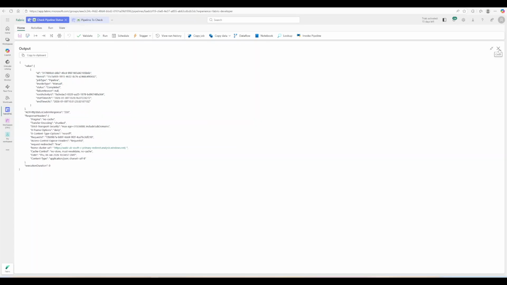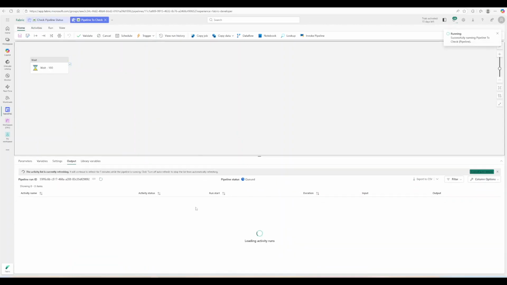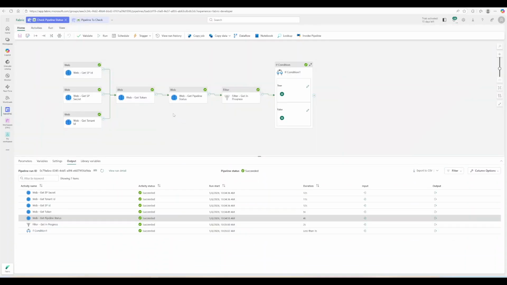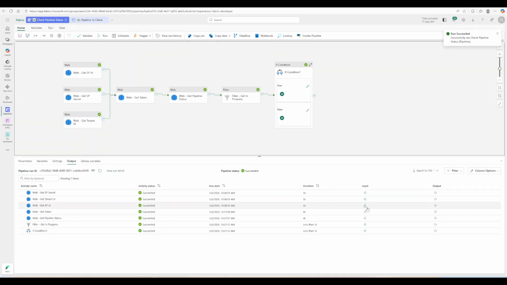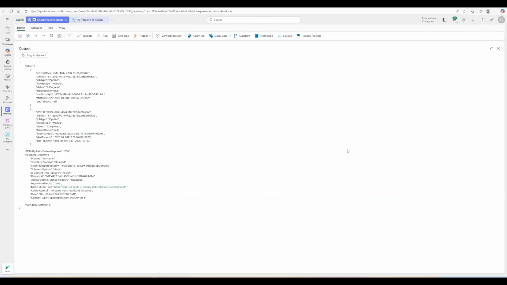So let's close this. Let's run this pipeline. So we know this is now running. Cool. The status is queued. I'll wait for it to get into progress. There we go. So let's run this one. Cool. Let's have a look at get pipeline status again. There you go. Status is in progress. So we can now see what's running,